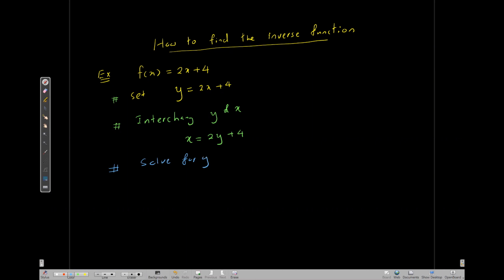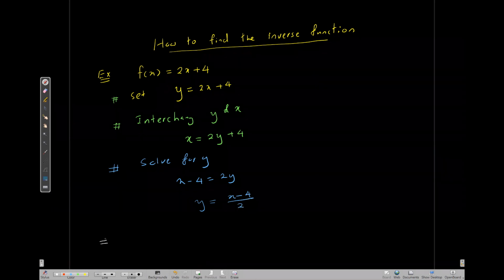Now when I solve for y, x minus 4 is going to be 2y, because I subtract 4 from both sides, and when I divide both sides by 2, I get y equals x minus 4 over 2, right? Final step,